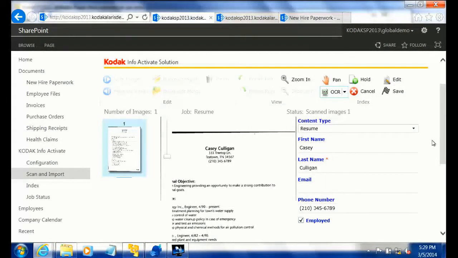You'll notice I didn't actually fill in the top field here. It was filled in for me, where my cursor is here, for resume. This is actually the resume content type for the purposes of this demonstration, all right? There's no chaining from one set of mapped fields to another. This is simply exposing the content type within the library that we have pre-configured for this resume to go. So when I hit save,